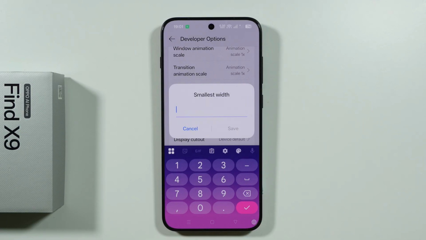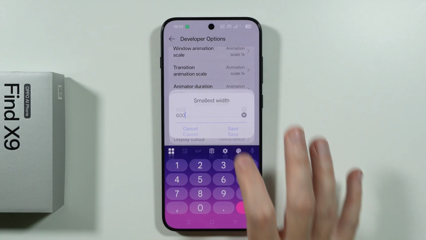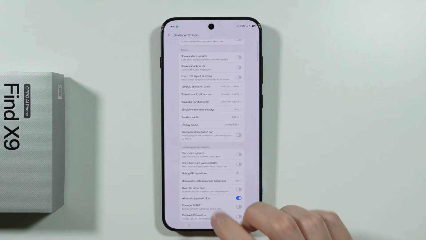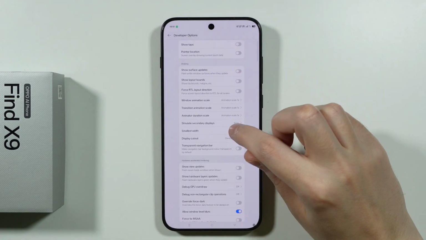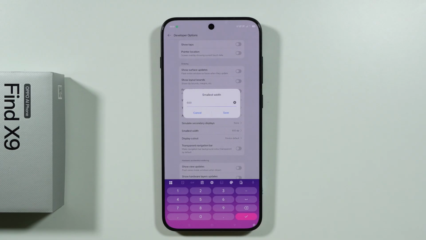But the bigger the number is, the smaller the screen will be. So if I type, let's say 600, this screen will be extra small. Of course, you want to be careful with these numbers. You don't want to use too high numbers because it can mess things up, and it might be difficult or maybe even impossible to use the phone if you actually use a really high number. So always be careful with